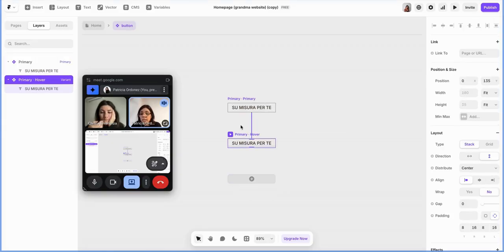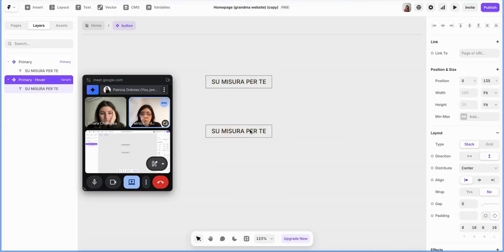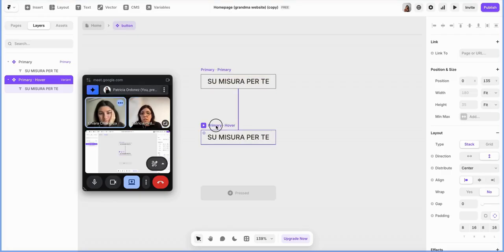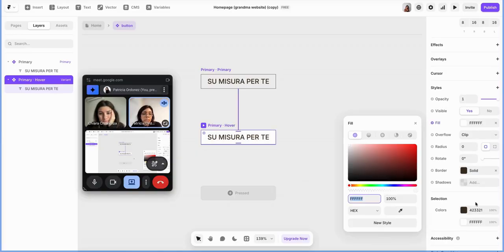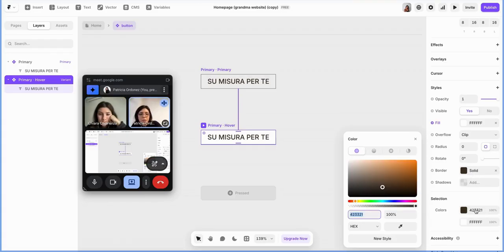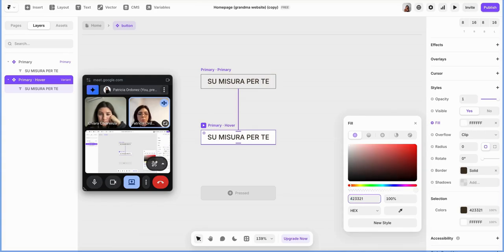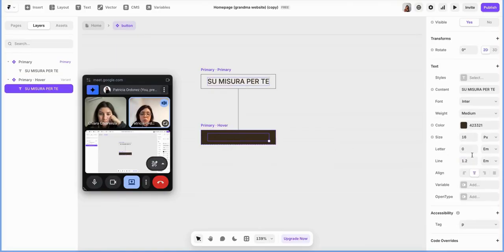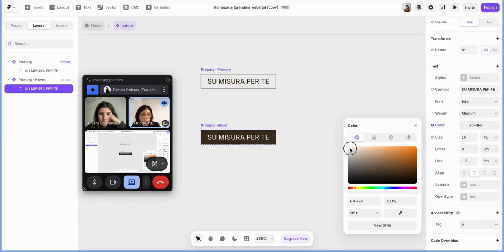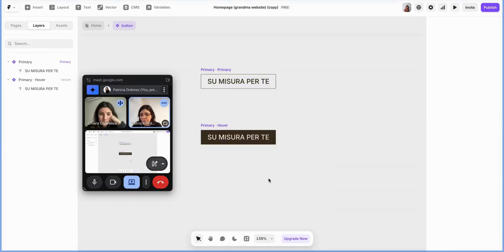So we're going to select hover. So what happens when we hover over this button? What's going to change? Okay, so we can add, for example, a fill to this button that is the same color as the text, yes. So let's copy here, and we come back to this fill. We paste the color, right? And now everything is the same color. Oh no, we don't want that. So we select the text, and we change the color of the text to something that you can see,